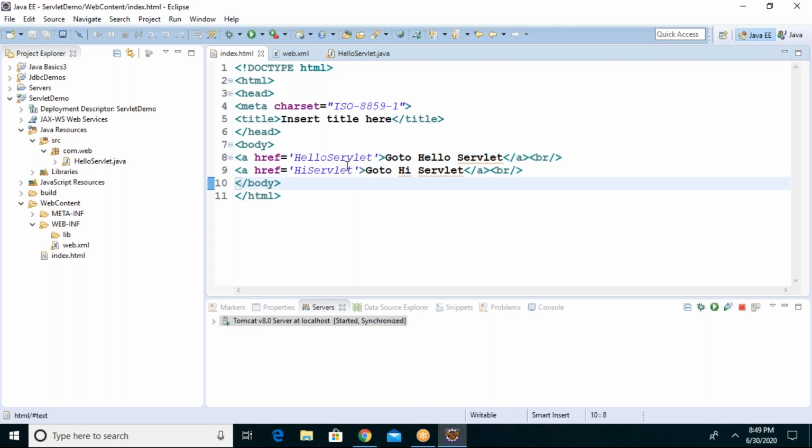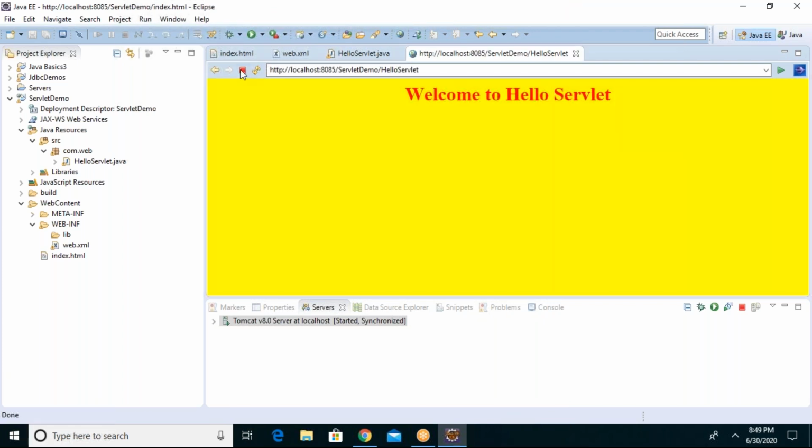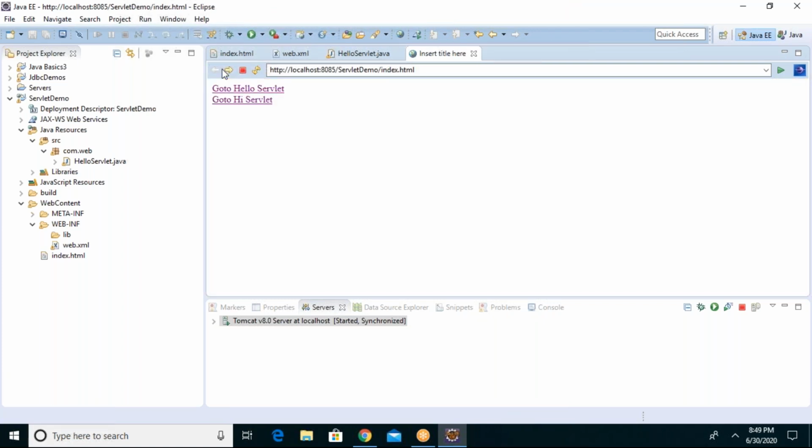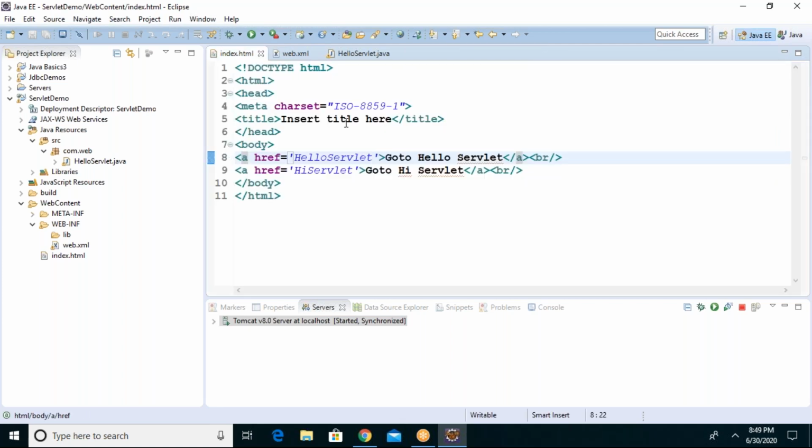So now let us see. One already we created servlet for this link. Is it running? Yes, it is running. Let me check once. There are two links now. Hello is working fine. Similarly, I want hi also to work. Now you people will guide me what to do next. If I click, I want this servlet to be executed. What should I do?